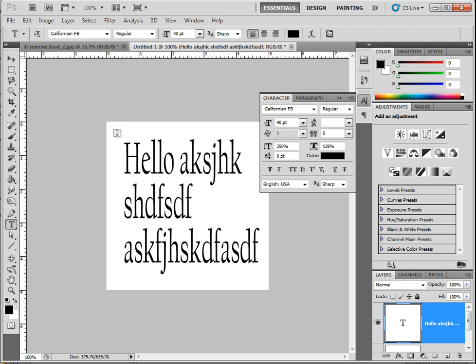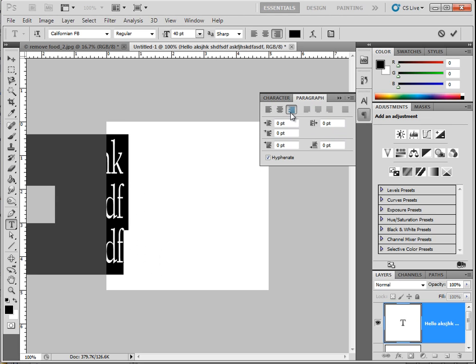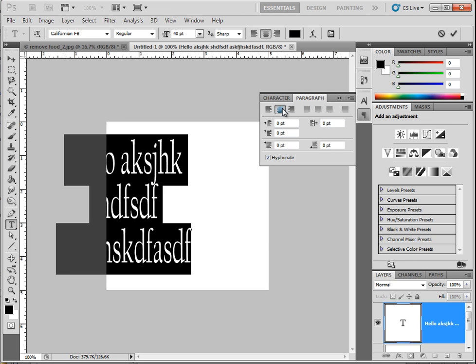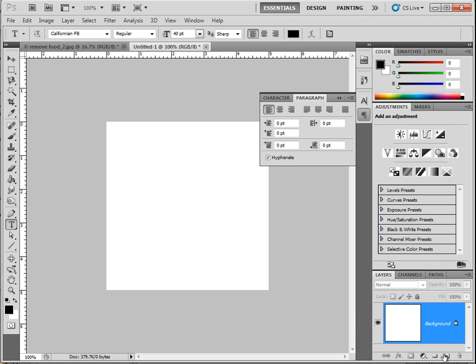Oh yeah, one more thing. When everything was selected, or even not, in the paragraph or character panel is the paragraph, and you can align things to the right or the center or left. And I am going to use these characters right now and do exactly what we did in class, which was